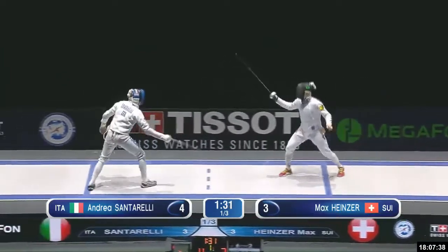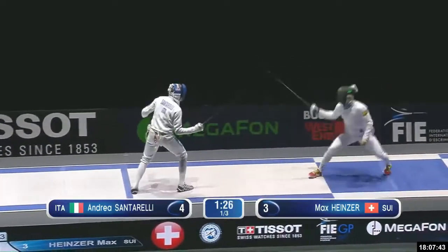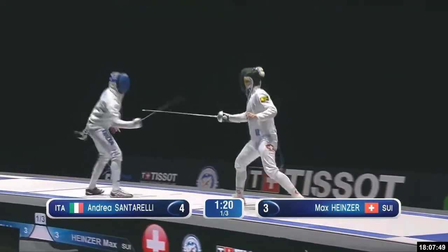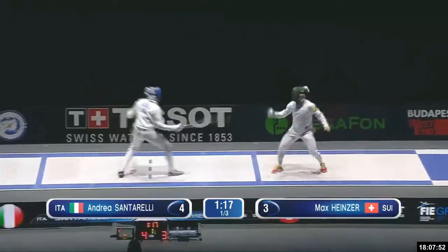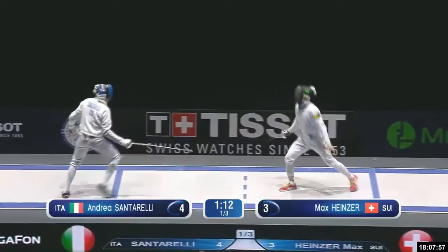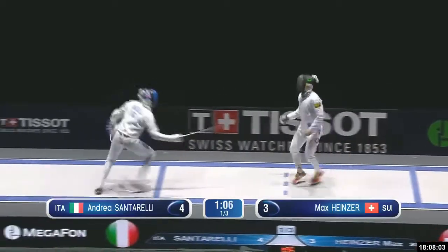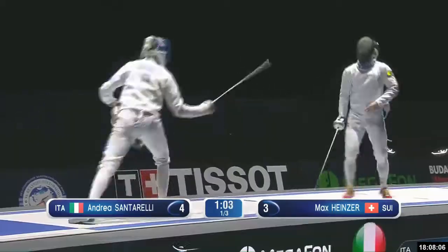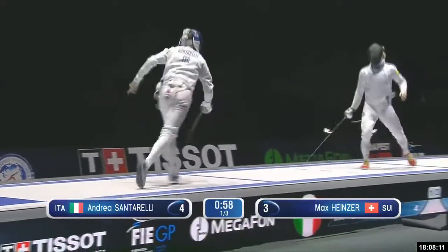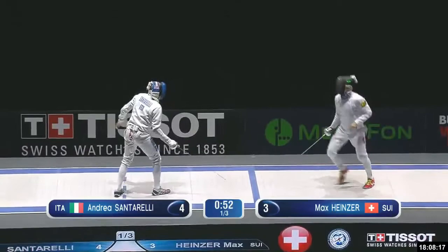Heinzer pulling distance to create some space for himself. Santarelli closing the distance. Heinzer seems to have settled himself just a little bit here. Not quite as much dancing around. Oh, he's gotten hit on a few of them. Santarelli's comfortable in this game. He plays it himself in his own way. Right in his face. Not letting Heinzer develop a long attack